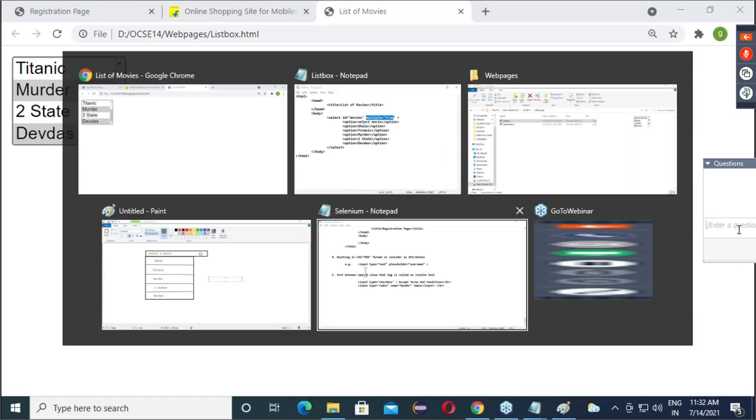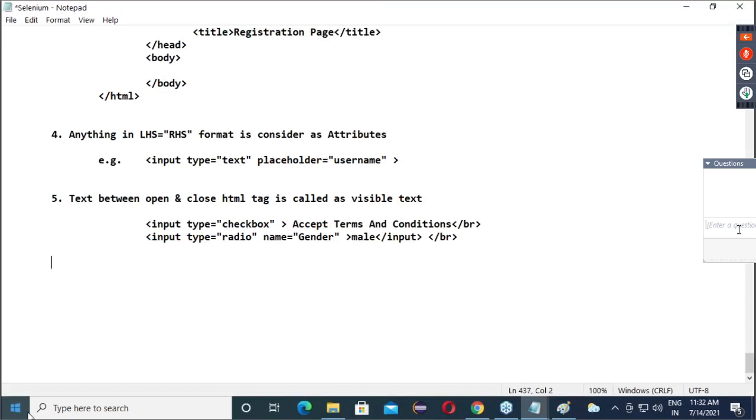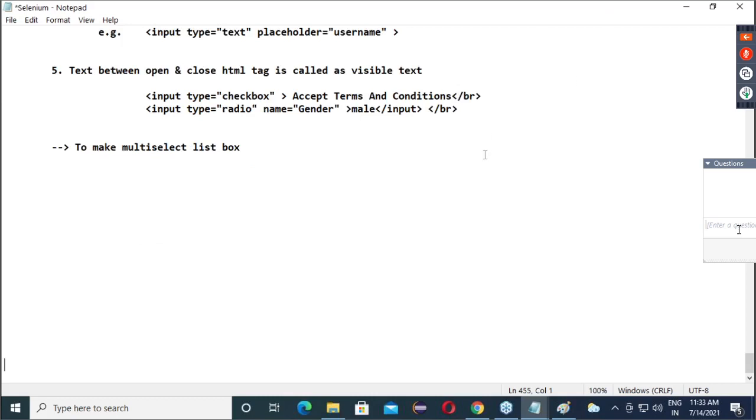Okay, so now guys, here we have to describe one point. That point is: to make a multi-select list box we have to use the multiple equals to true attribute.